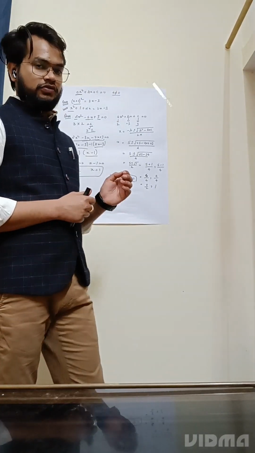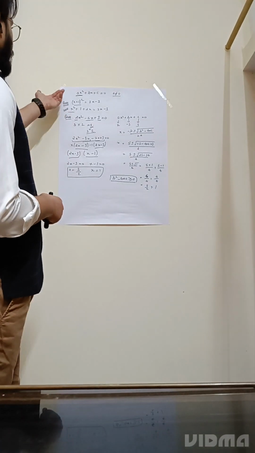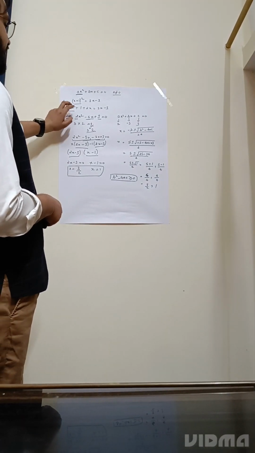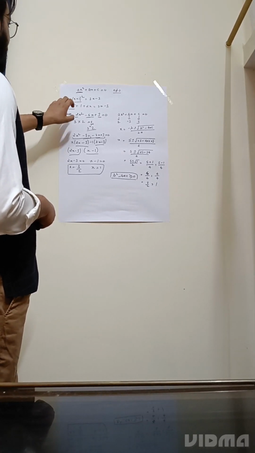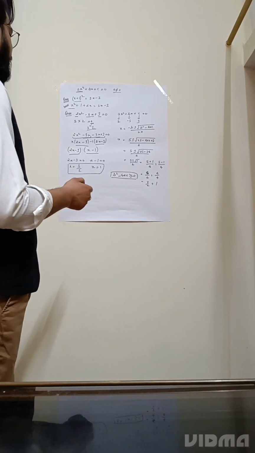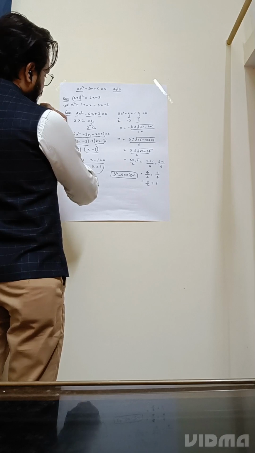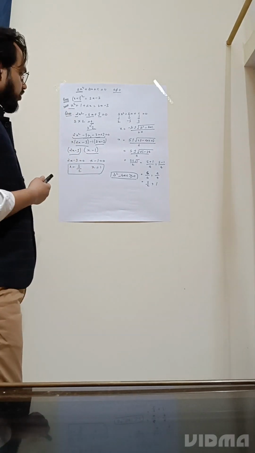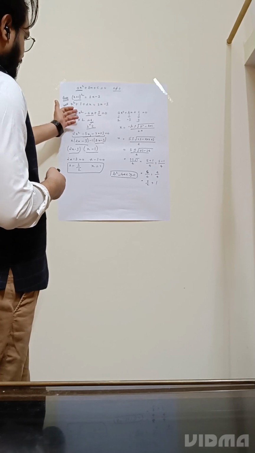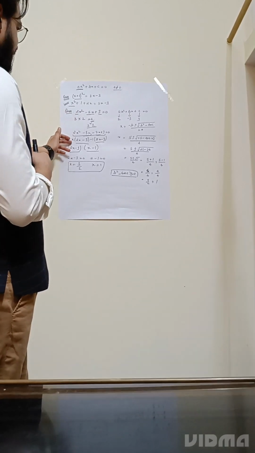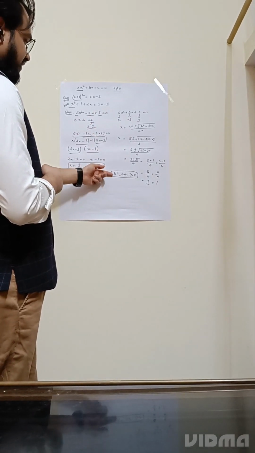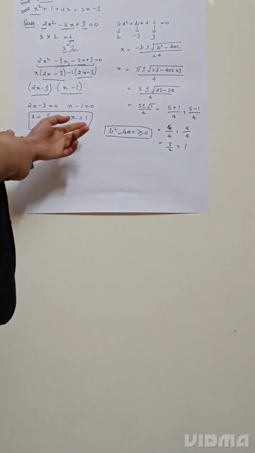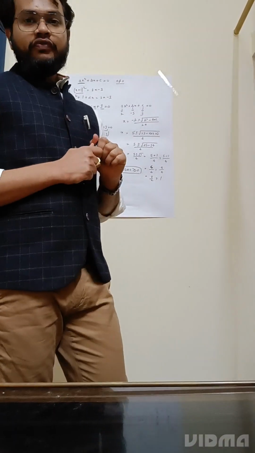Till now we have discussed the quadratic equation, and how we identify that an equation is quadratic. We have to check that there is a highest term of x to the power 2, and its coefficient is non-zero. We have also seen how to find the solutions of a quadratic equation through two methods, factorization and the quadratic formula. In the quadratic formula, we have to keep in mind that b square minus 4ac is greater than or equal to 0. Now we will discuss the nature of the roots.